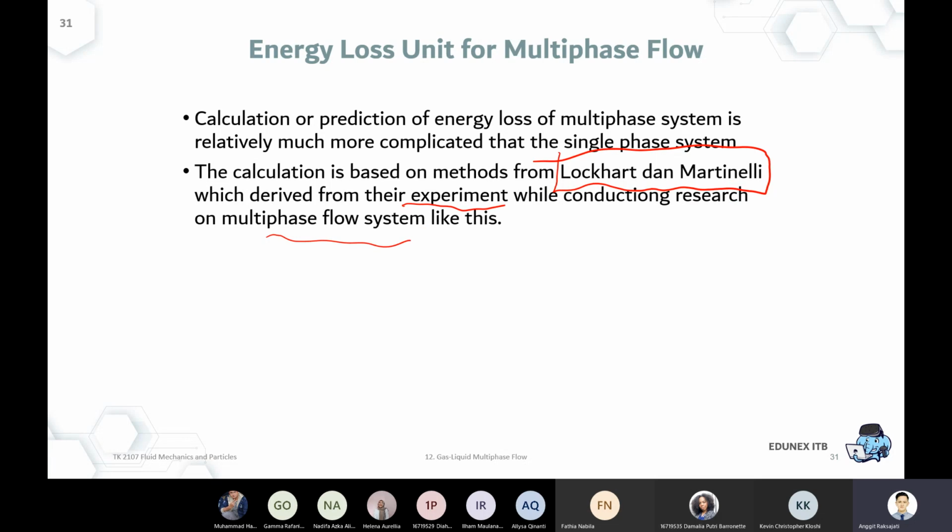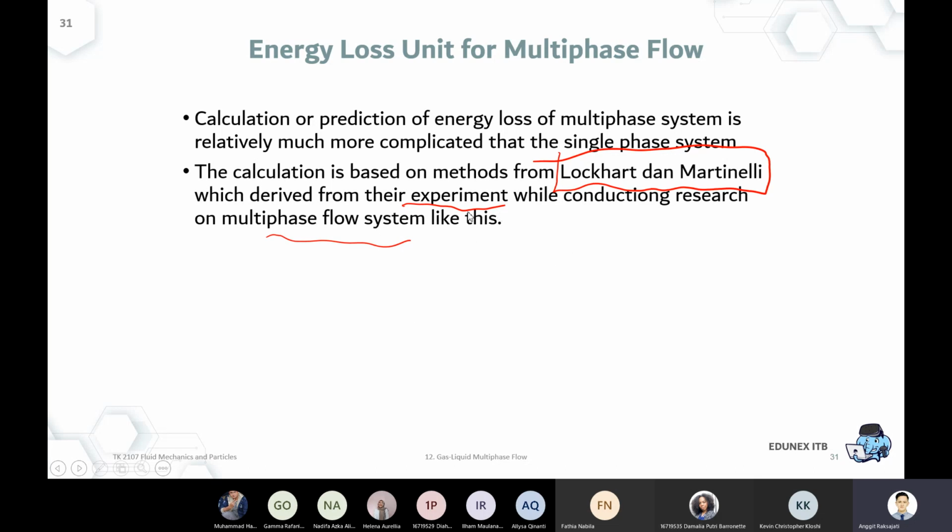A lot of countries have very good research on this. The US, for example, of course, has good laboratories. Even in Norway, in some Northern European countries, they have good laboratories to perform this kind of experiment. I have a close friend, my high school classmate in ITB, who is currently finishing his PhD in multi-phase flow, going into a multi-phase flow laboratory setting to derive this kind of expression, these empirical equations.